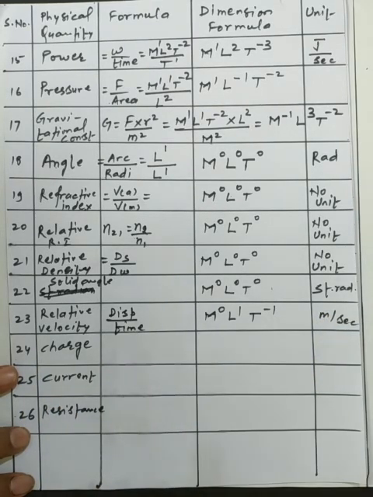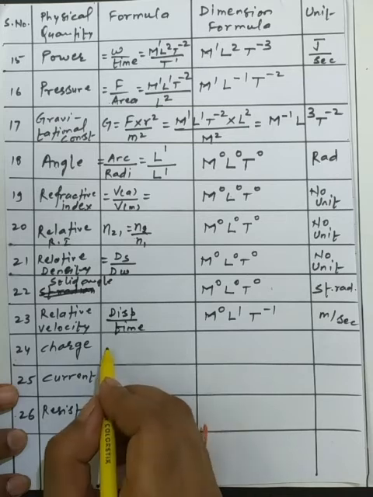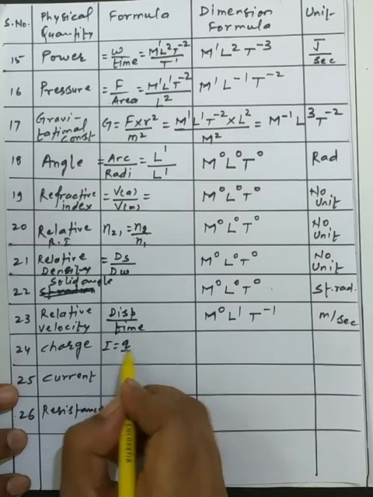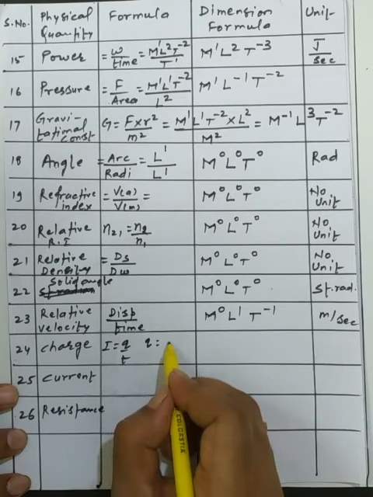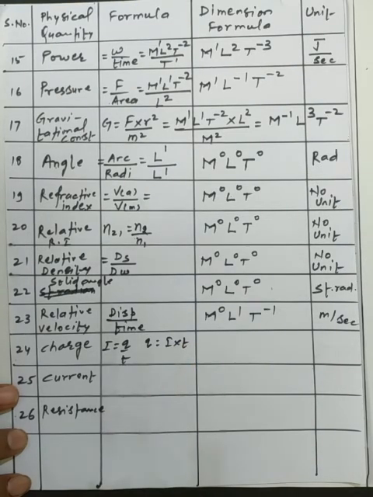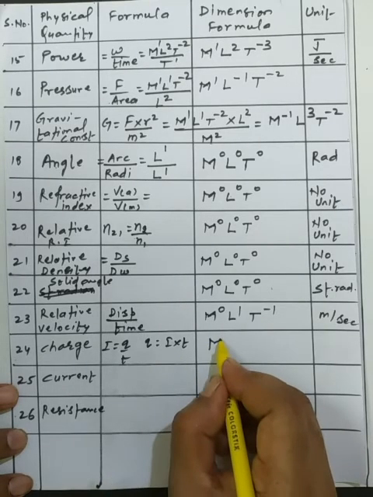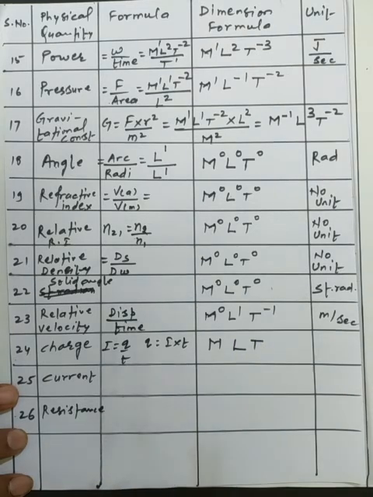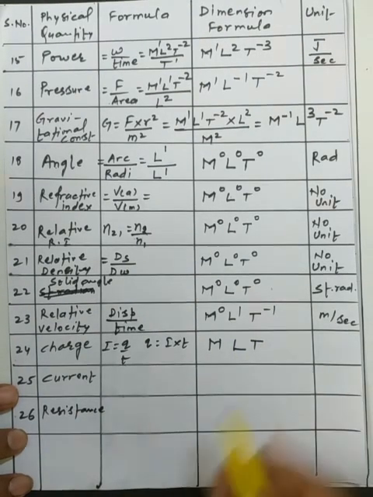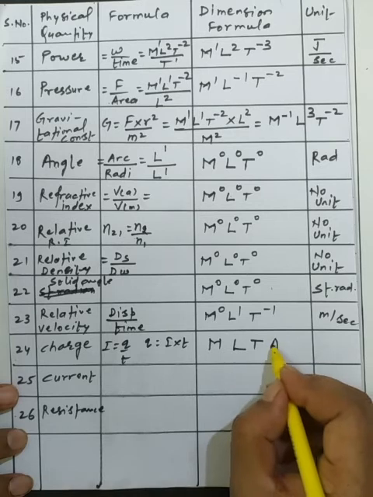Now some of the electrical quantities also have a unit system. First I am talking on the basis of class 10th. I have written the charge, and we easily know that charge can be derived because we know the meaning of current. I is equal to q by t, so we separate it as q is equal to I into t. It's a general formula we have. I is a fundamental physical quantity, so it has its own standard unit. Whenever we write the formula with M, L and T, these are the basic ones, but I has its own unit which can't be replaced. So we use the fourth dimension in the formula.